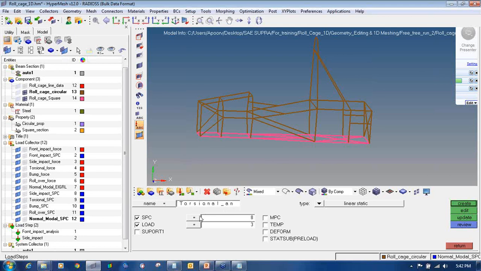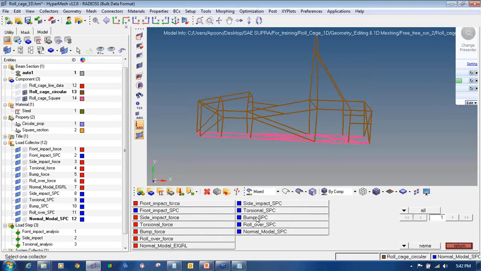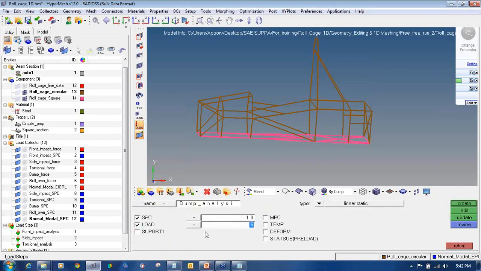The type is the same, linear static, SPC as torsional SPC, force is torsional force, say create. Then the next is bump. Keep the type as linear static, SPC as bump SPC, load as bump force, create.